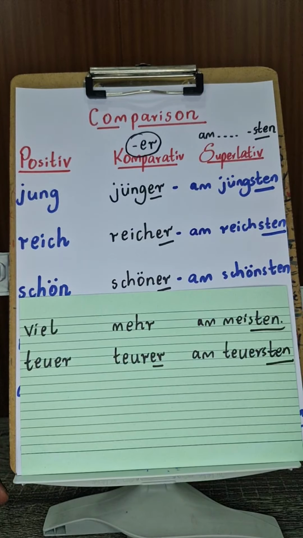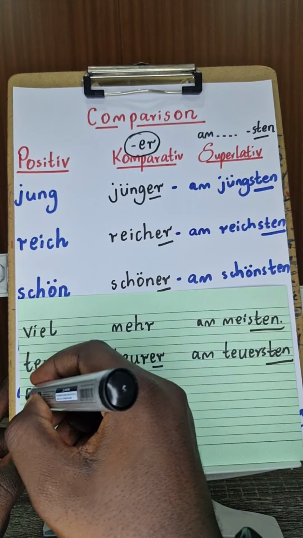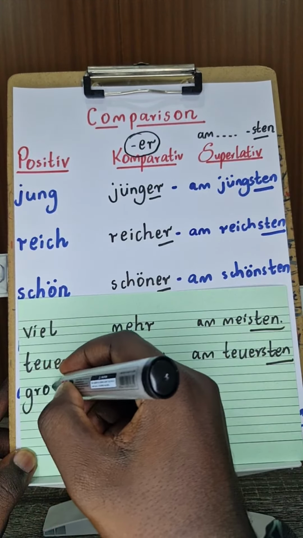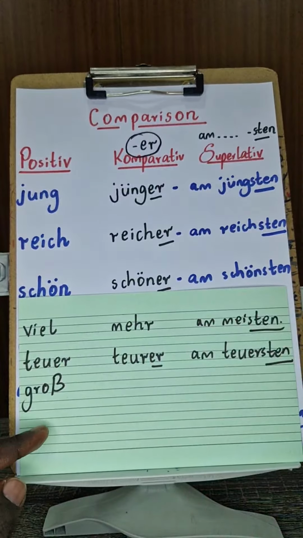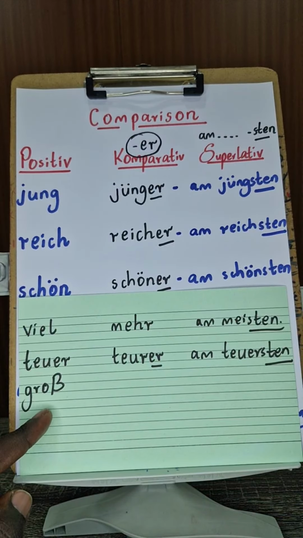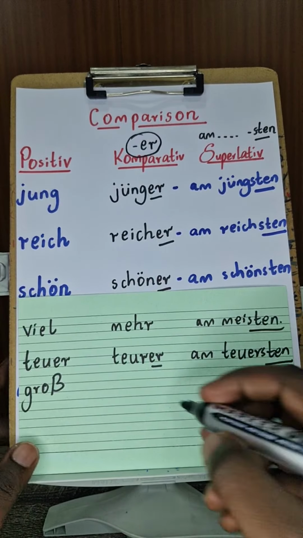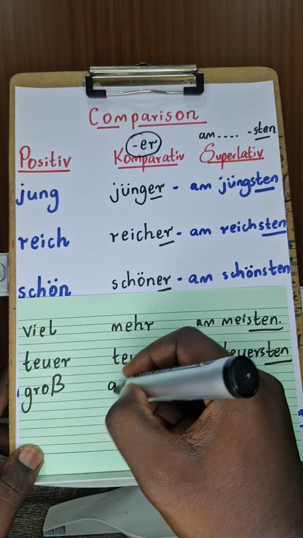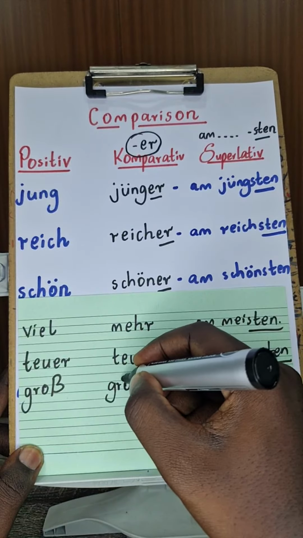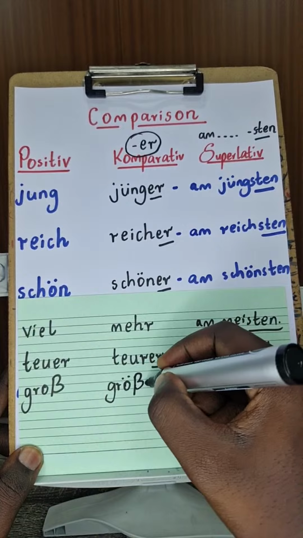Okay, I want to pick one last one that is also very irregular, and then I'll be taking some additional ones from you that you've always had a challenge with, right? Let's see, is it groß? Yes, groß. Now, groß also behaves a bit irregularly. Originally, it has no umlaut. Groß, originally. There is no umlaut to it, right? So, groß in the comparative now acquires an umlaut on the o. Now becomes größer.